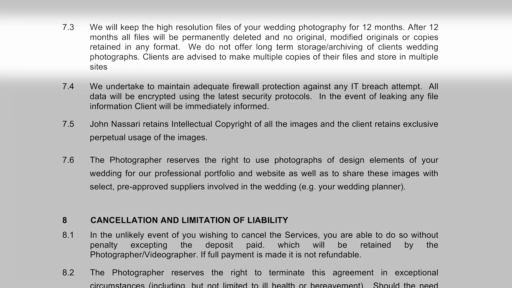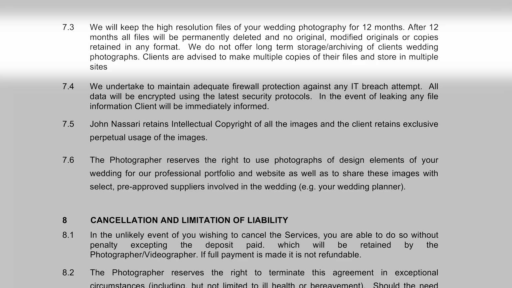I think you need to be clear too what kind of obligation you've given to them around retaining their files in your system. I don't think it's reasonable for them to expect you to keep those pictures forever. You're not an online storage system, nor are you a physical storage system. And these things add up physically as well. And it costs money to back up and back up. So I think you need to make it clear in your contracts that you will retain them for a certain amount of time. Now I say 12 months.